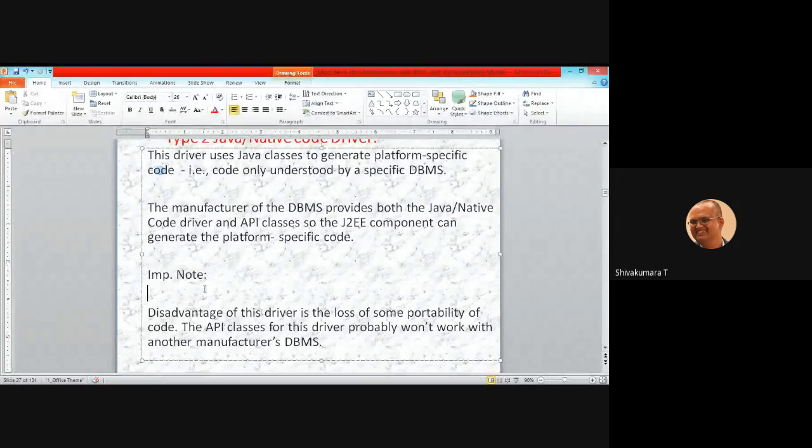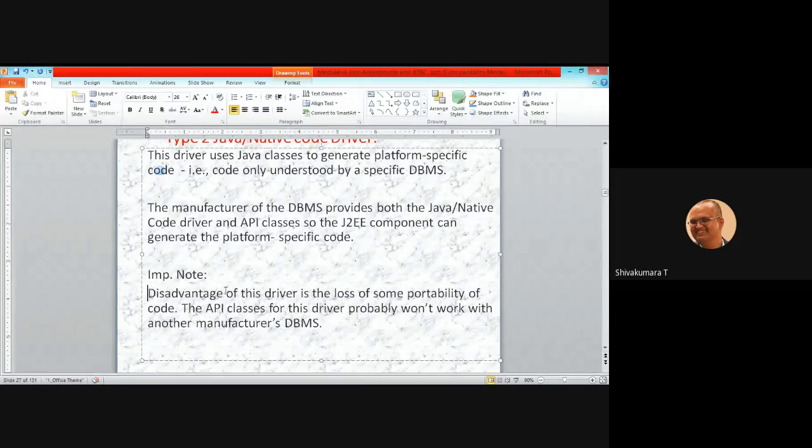So note, the disadvantage of this driver is the loss of some portability of code. Portability means if you move the application code and deploy it on some other machine or server, there is a chance of the same application not working as it worked earlier. So portability may be lost.